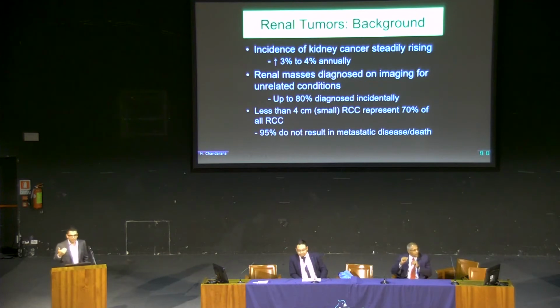So the incidence of kidney cancer is rising in part because we do imaging, where we image patients for different reasons. So you detect them incidentally. So 80% of renal masses are now detected incidentally on imaging done for something else. And then less than 4 centimeter masses, the so-called small renal cell cancers, are actually what we diagnose the most